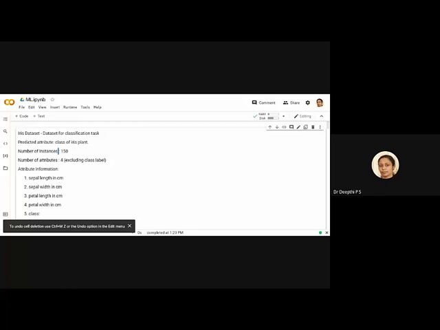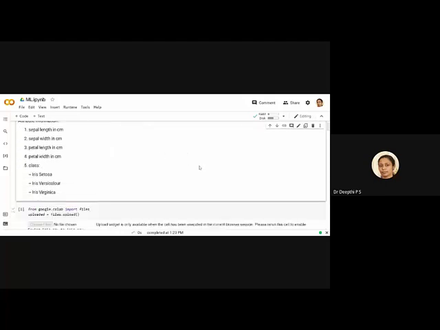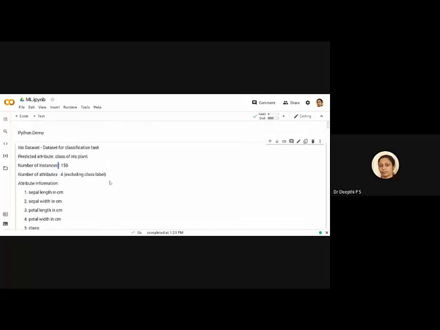So this is just text which I have given for describing the data set that we are considering now. The iris data set. First is the iris data set. It is a benchmark data set that beginners start with when they take up machine learning implementation. It's a very small size data set, and it is a data set for classification task,